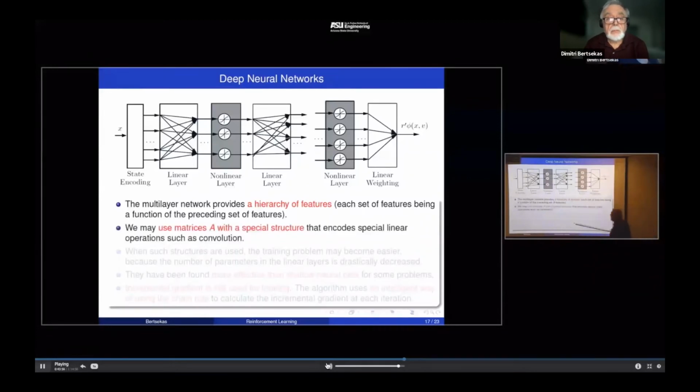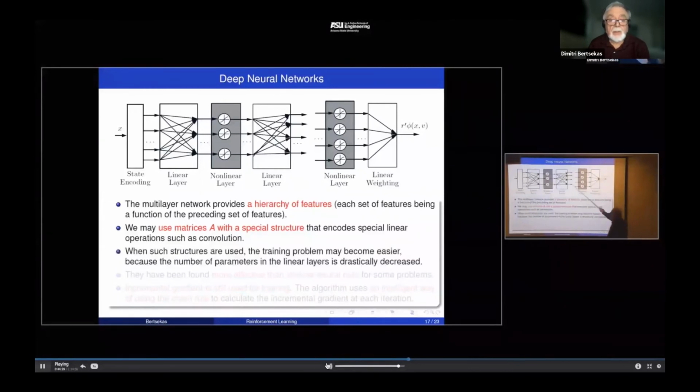Another possibility here is to make this layer specialized, like the matrices here may involve special structure which focus on particular characteristics of the target function. So special linear operations such as convolution can be built in here. This is popular in image processing. With convolution, you can sort of focus on particular types of objects in your image. And the upshot of all this